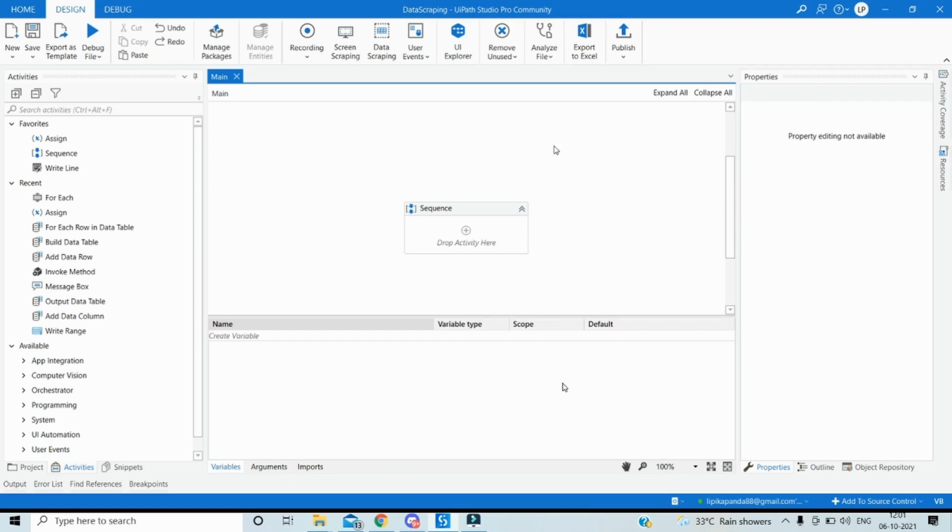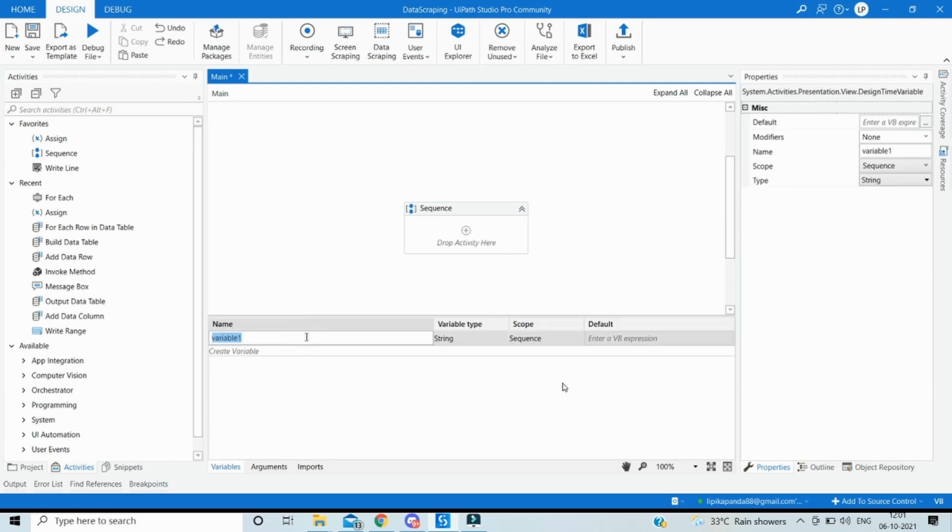So in order to build it without a data table activity, we have to first create a data table variable. For that, go into the variable section and create a data table. Say dt is the data table name and type we will specify as System.Data.DataTable. And then we can either set it as a default expression or we can specify in the assign activity. But now that we have created a data table variable, this data table is just a variable. It has not been initialized.